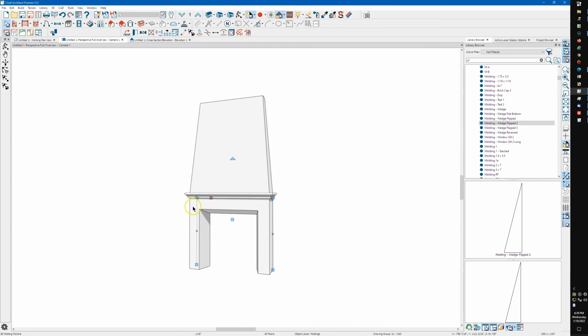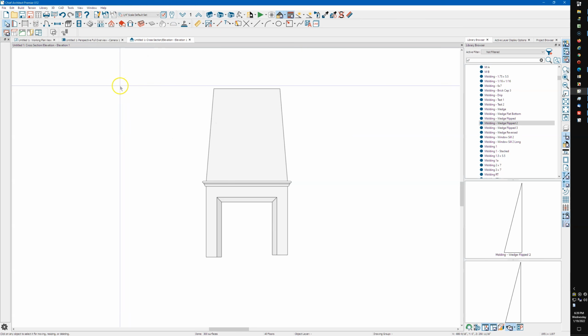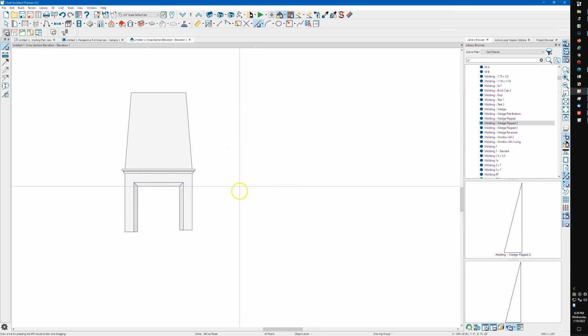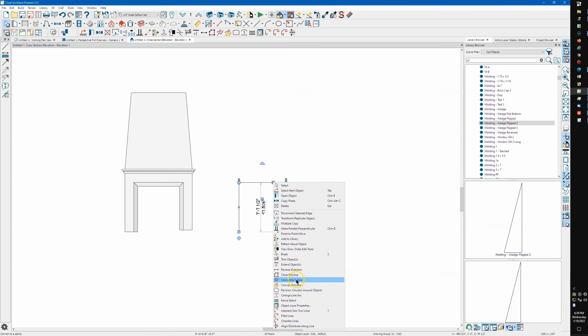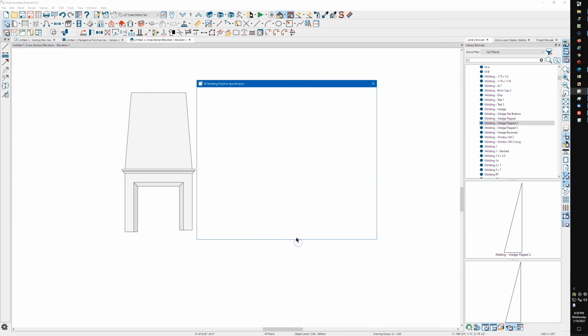And then this right here is a 3D molding polyline. And you typically do those in elevation. So all you do is draw, convert it to a 3D molding polyline,